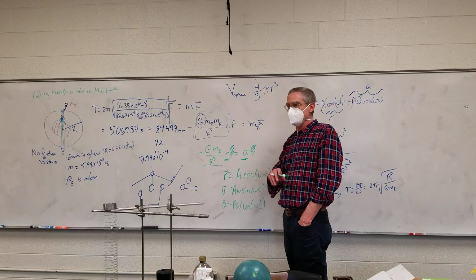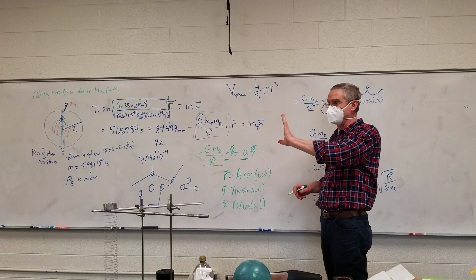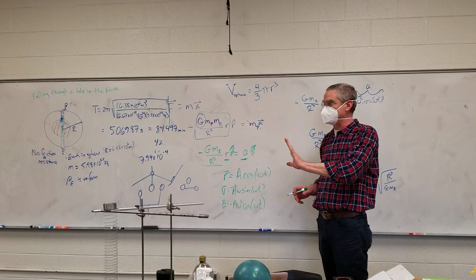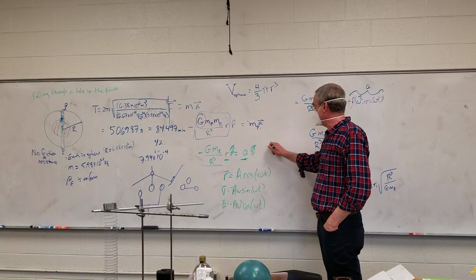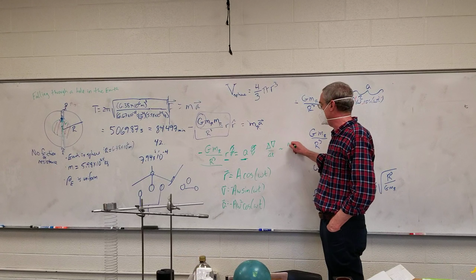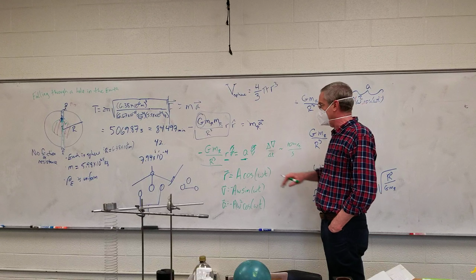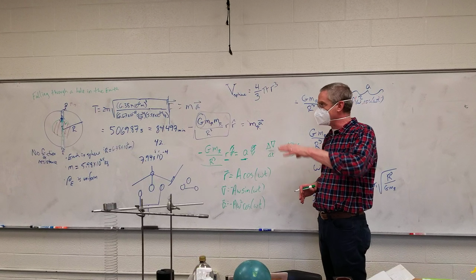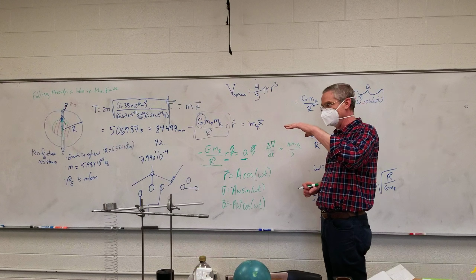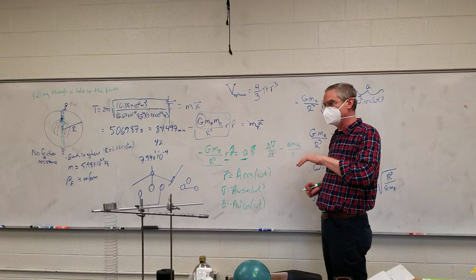All right, but let's look at it another way. You start out, when you take that first step, your acceleration of gravity is just a little under 10 meters per second squared. Which means that your change in velocity over change in time is about 10 meters per second every second. So if that were constant, and it's not constant, but if that were constant for the first minute, you'd be going 600 meters a second,